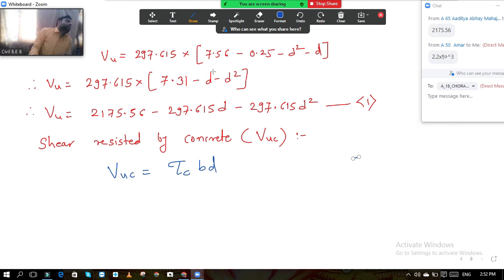Just a minute, sir. See, I will repeat it in Marathi to make it easier to understand. This is the footing. What is this dimension? This is 2.75. This is 2.75. We don't know the depth yet. We haven't calculated. Now you can see this black object. Suppose now this is your area which is going to punch through this footing.